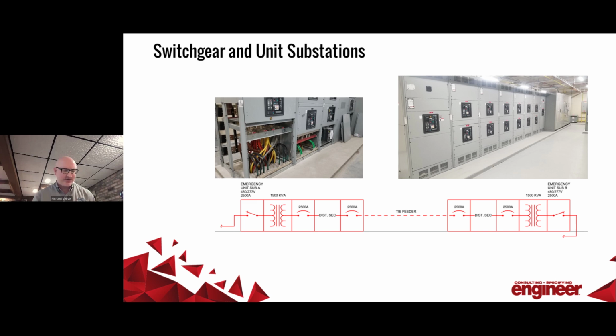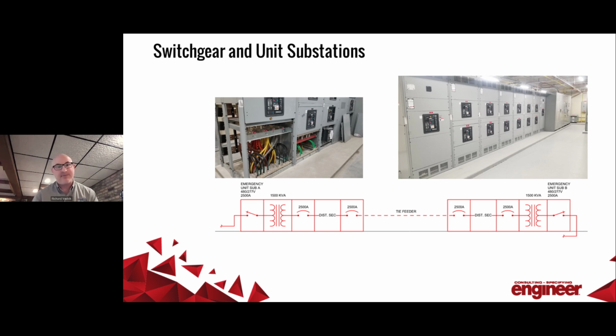Now, you'll hear us use the terms switchgear or unit substations. What you see here is an example of what we would term the EPSS, Emergency Power Supply System. This is the unit substation, and that has transformers and also circuit breakers within the switchgear. All of this is larger than, say, a UL 891 switchboard. So you have to take space into consideration when you're laying these spaces and rooms out. This is fairly large gear. It could have been made more compact, but the owner wanted switchgear.